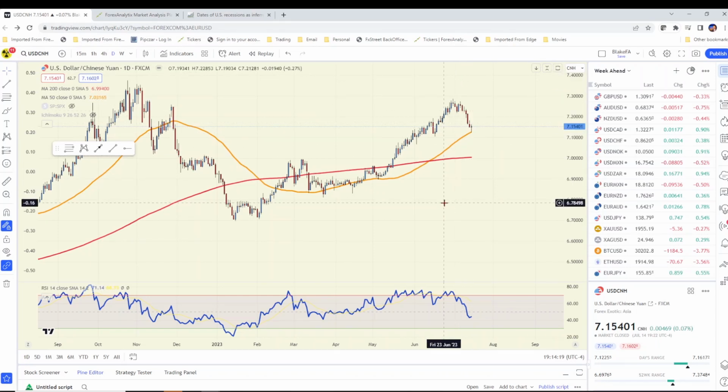Now, in China, we have GDP, industrial production, retail sales, fixed asset investment, capacity utilization. They have the 1-year medium-term loan rates. They're expected to keep that unchanged at 2.65%. But that's going to be happening Sunday night, Monday morning, obviously, if you're in China or in Asia.